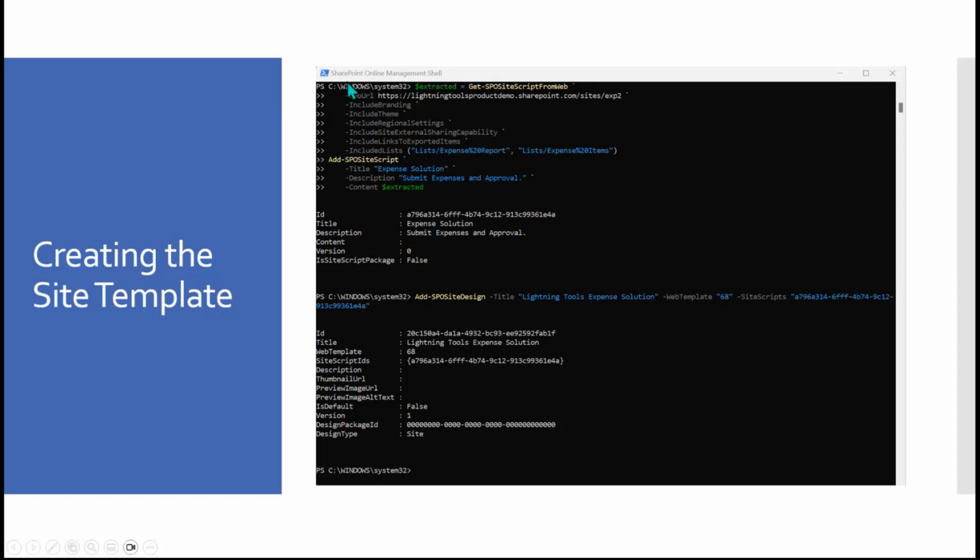And once we've exported that site script, we get an ID for the script. And what I'm able to do then is simply go through and deploy that as a site design. So notice that we're passing through again the title of the site design, the default web template, which is 68. That's for the team site template, along with the site script ID that was generated using the Add-SPOSiteScript. So once we've got that information, we can obtain that GUID from here,